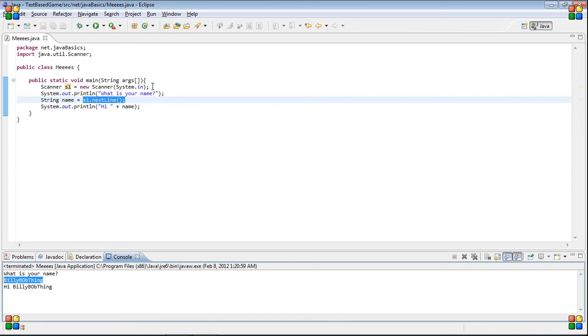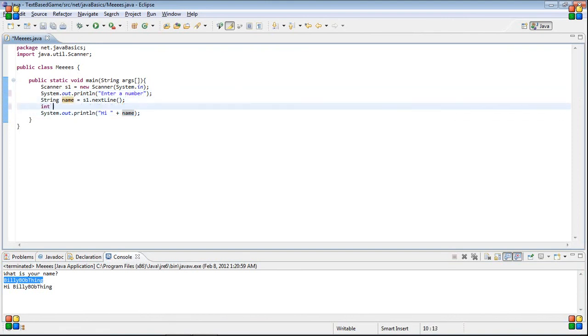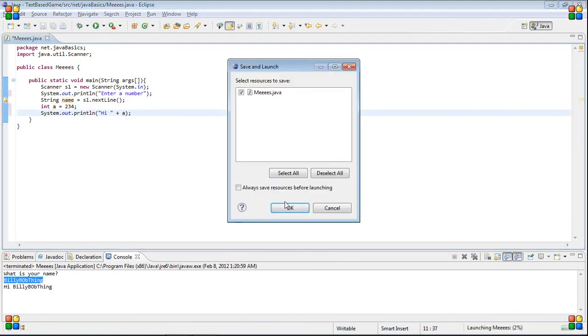Okay, so I guess I can show one more thing that you can do with the scanner right now. So let's change this to enter a number. And I guess one thing I should say right now is you can do hi plus, you don't have to do a string. You can do like int a equals 234. And then you can just put a here and it'll say,